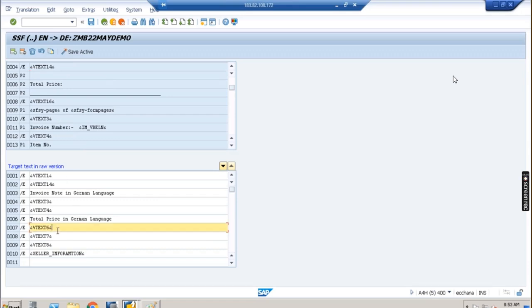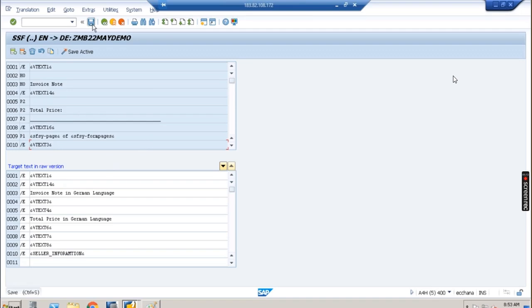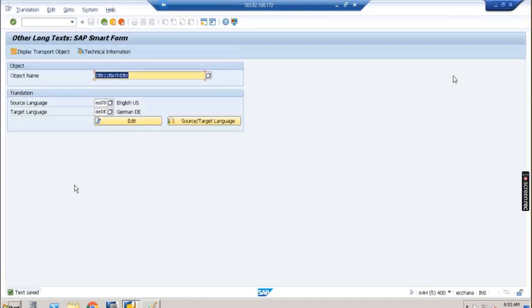So all the translation of the smart form we can manage over here. You can save it over here. Similarly, you can save it, text saved. And now what you can do is